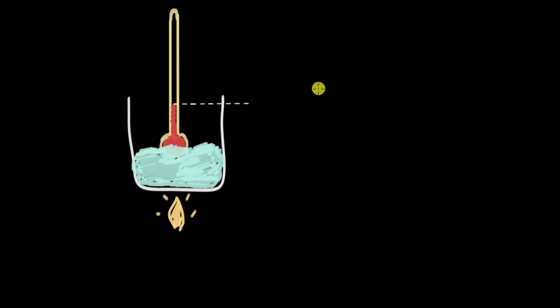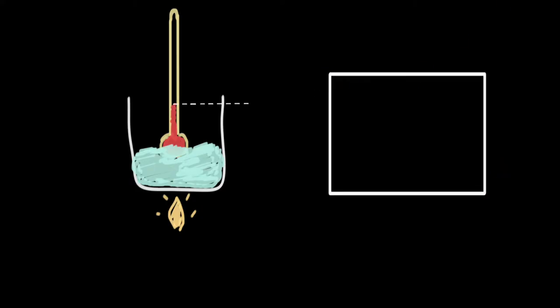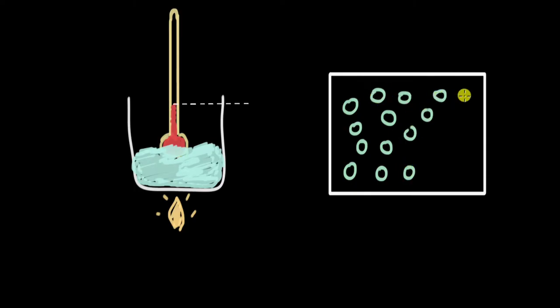Now at the particle level, if we zoom in, let's say we have ice to begin with, and we have all of these ice particles. There will be many ice particles because it's a solid, right? So it will be tightly packed. There are all of these particles of ice. Initially they are vibrating about their position, but when you supply heat, it increases their kinetic energy. So it means they start vibrating faster